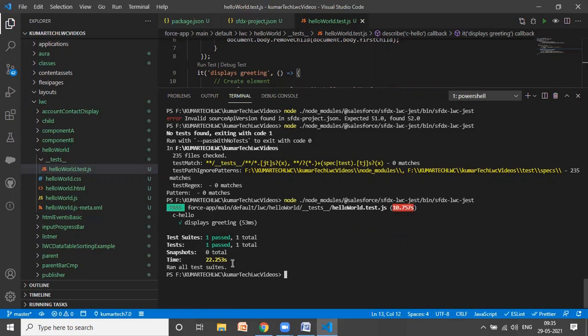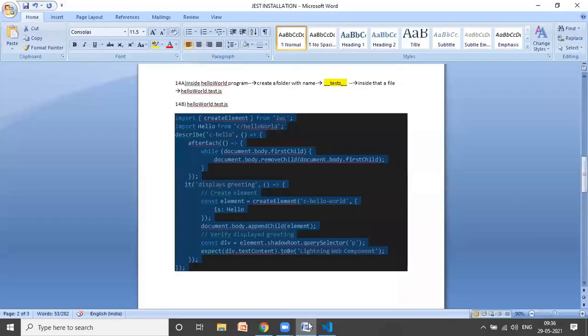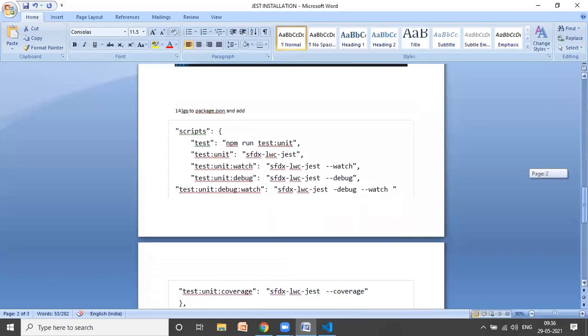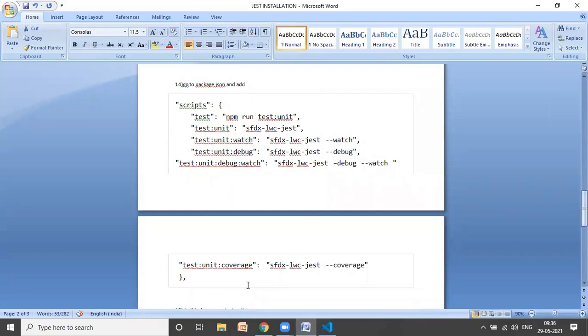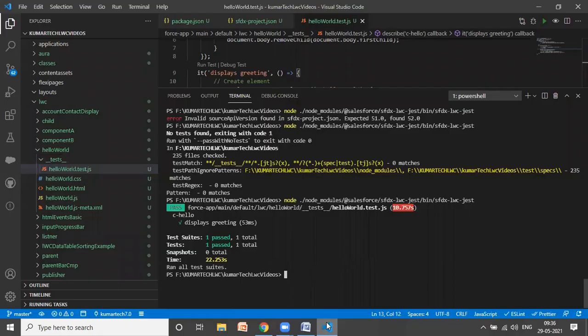But there is one catch, guys. Every time I go to node and call with the path, and every time it will be calling from that path, so basically it is not the perfect way. We do need some shortcuts for that, so that instead of writing this long command, we can do it in short. So there is one more way. Let me show you. We need to go to package.json and include these scripts, all these. So let me go to package.json.